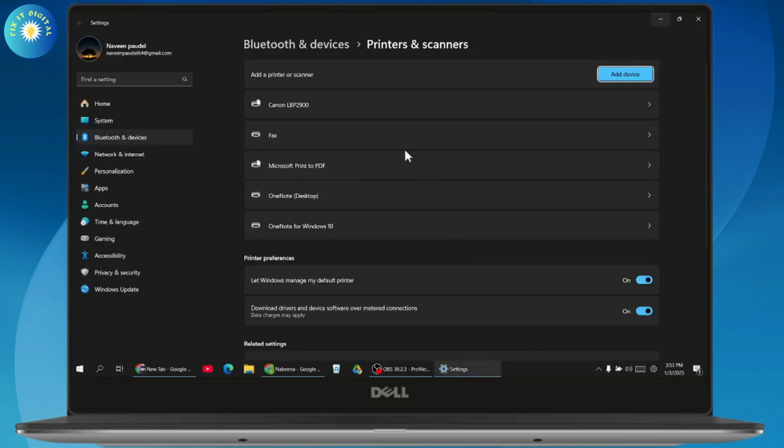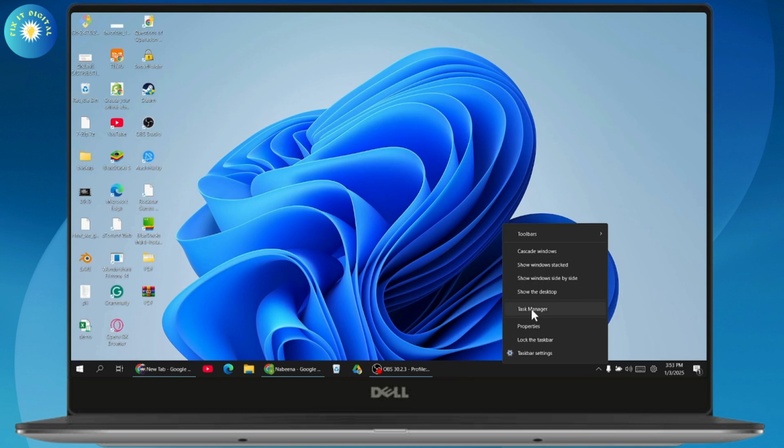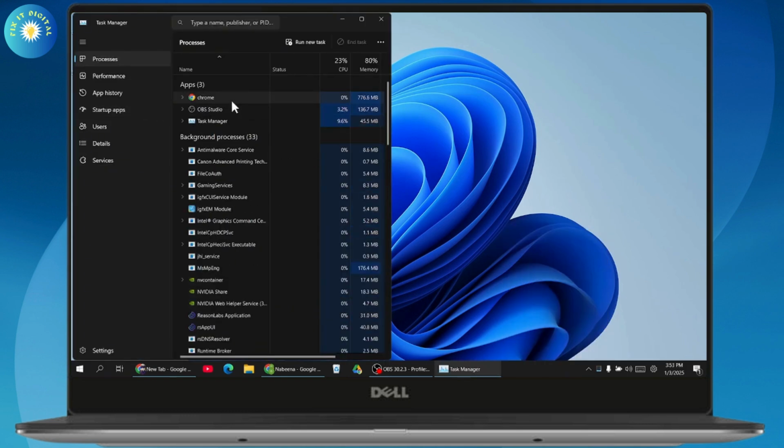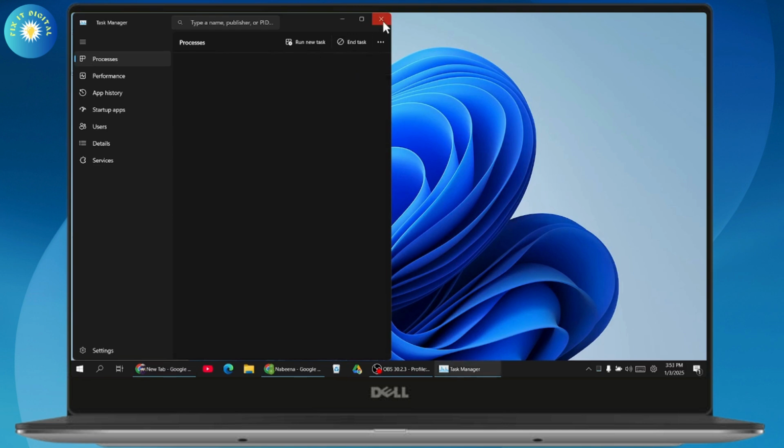Once you click on it, you just need to simply disconnect your printer. So you just need to simply stop the document from printing. Or you can just simply go to your task manager and then stop the service. Once you stop the service right here, or once you end the task, then what you can do is just